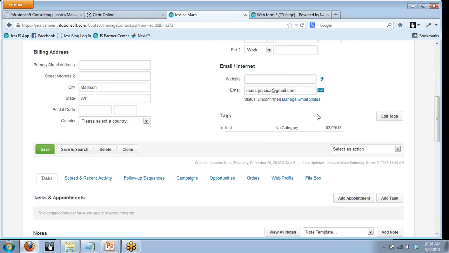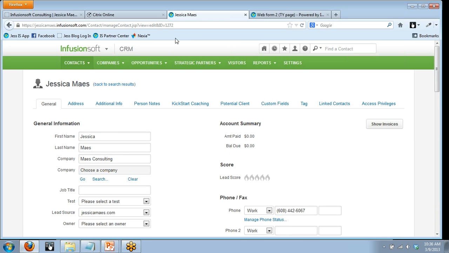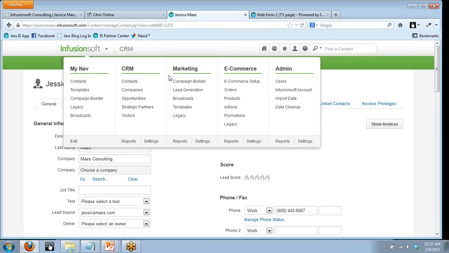The last thing I want to show you is right here is the tag test. That checkbox has that tag on it. So I know that this is working. To recap,